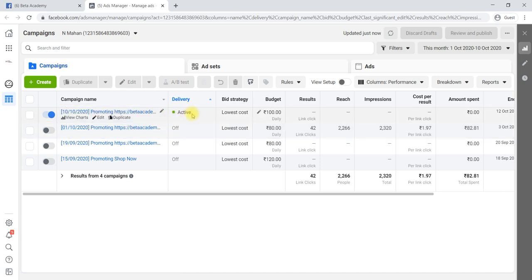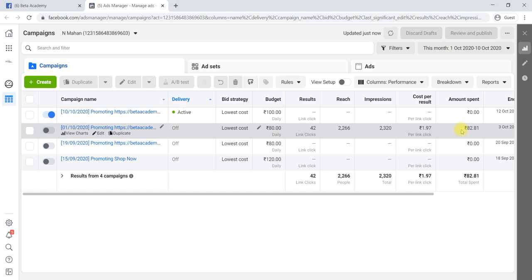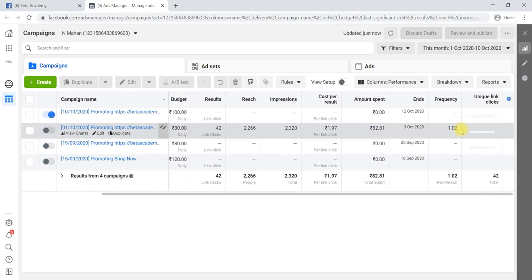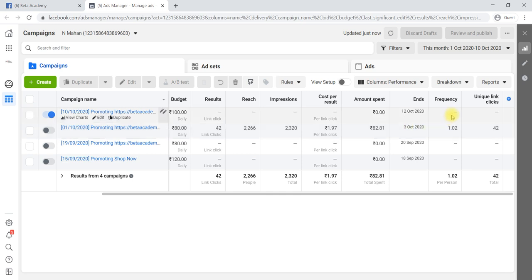For example, you'd like to analyze the ad: what kind of strategy they have used, how much budget has been taken, what the output is, how much reach, how many impressions have been created, the cost per reach, how much amount has been spent, when it ends, how frequently it has been shown, and unique clicks.